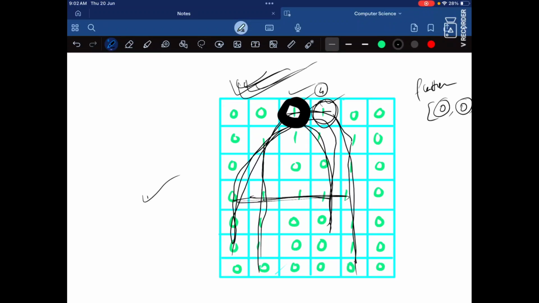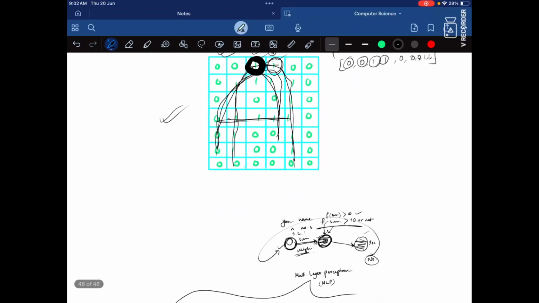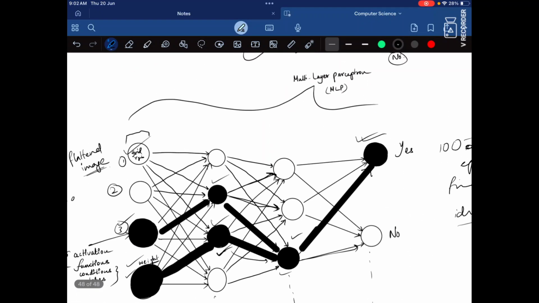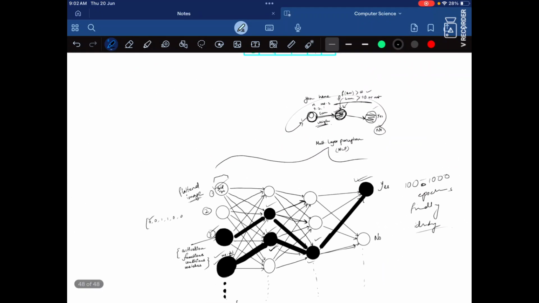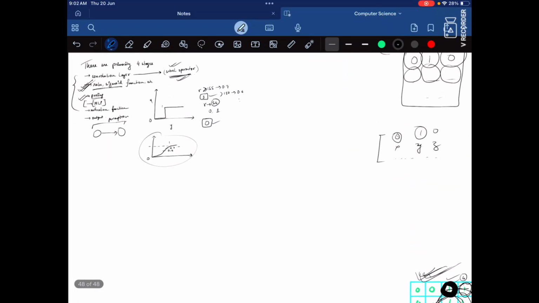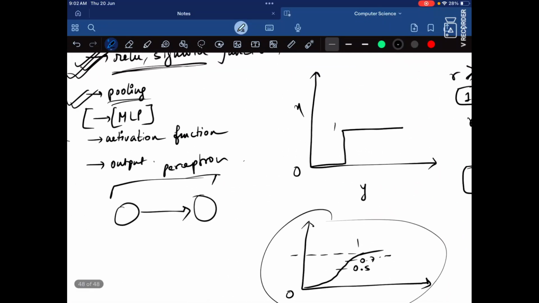It can generalize it using the machine learning algorithms. And this was our MLP, multi-layer perceptron.